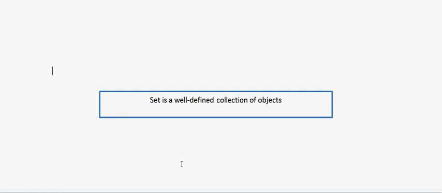So these are well-defined objects. When I say fruits, the set will contain all the fruits. When I say animals, it will contain all the animals only. So these are very well-defined collections of objects, and it can be anything. It does not necessarily need to be animals or fruits. It will be numbers most of the times when you are doing the numericals. Before we go into further details, let's touch upon a few prerequisites.